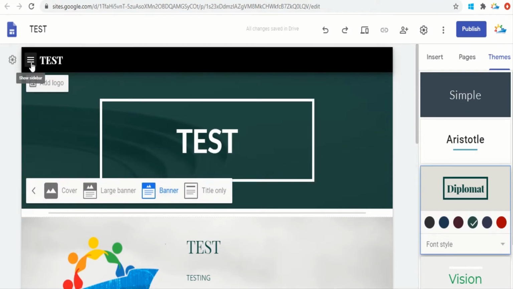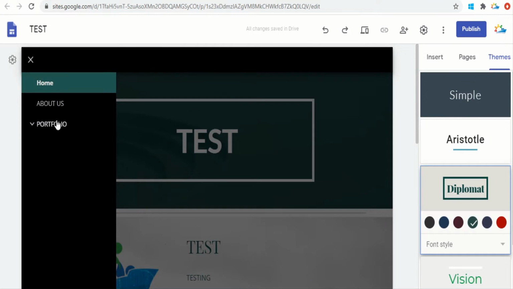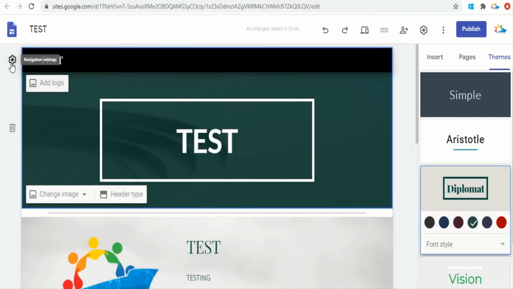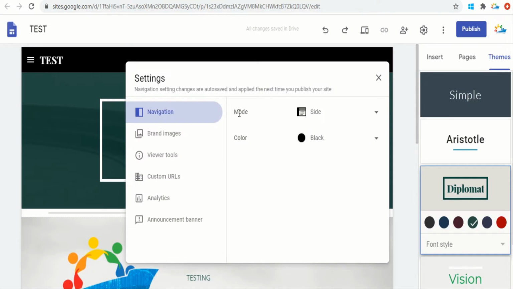Now you know that we have already created a side toolbar. So there are two options in Google Sites. We need to go to this navigation pane within settings. There are two modes that you can select in between. Mode 1 is side mode that I have currently shown you. The menu will appear here, or you can allow it on top as well, and you can change the menu background color. Either you can keep it transparent, white, or black. So let me keep it white.